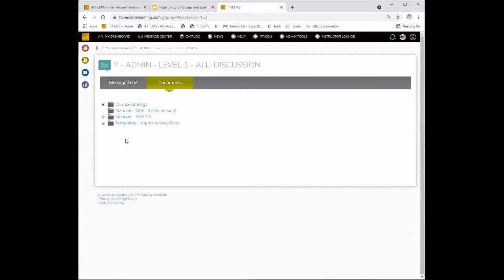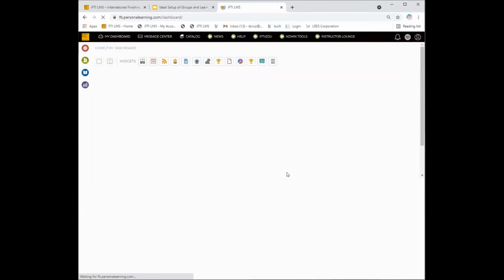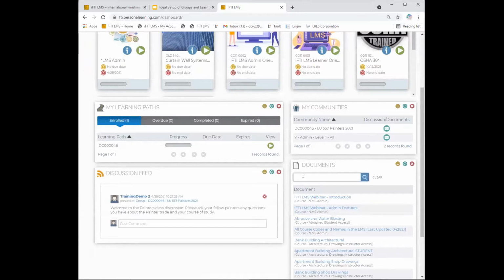We'll move forward and transfer all of the data or files from the LMS admin, because the traditional way of us sending or uploading documents in the LMS was just creating courses. There was an LMS admin course, and you had to go through the course and find the course materials. Now you can just go to the community or even go back to the My Dashboard and type in the documents. Like the sample for app, you can just type in app or NGS and you can find that.